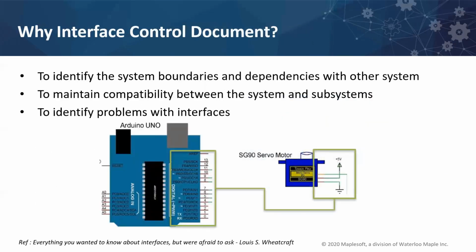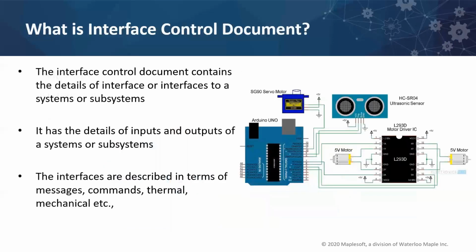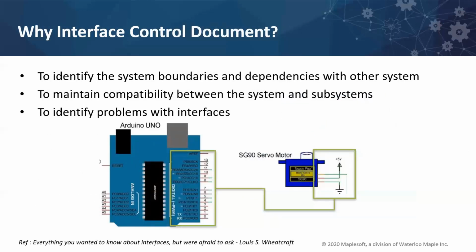So now, if the question is, why do we need to create an interface document? In addition to the advantages that are being described here, like how you can define the interfaces and how different subsystems interact, it's very easy to identify the system boundary now. So you can define a scope, and you can model your system now. And also it's very easy to identify the dependencies between the subsystems, or from the system you're modeling to the external system. So that's a main advantage.